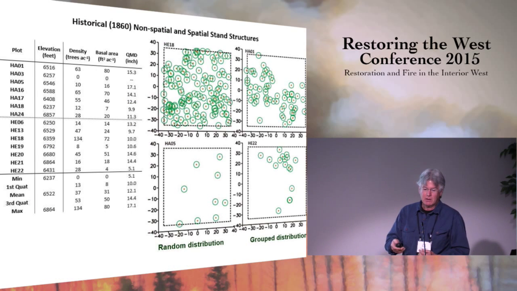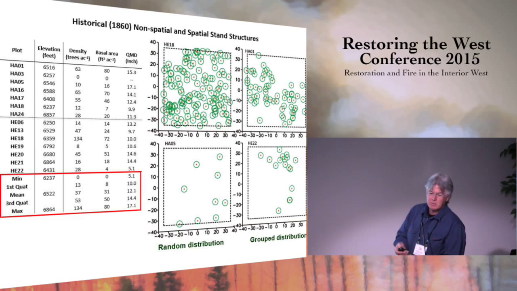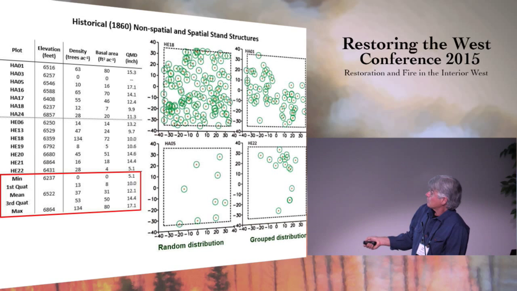Some of our non-spatial and spatial stand structures: basically in terms of spatial, about 70% of the trees were found in groups. They were in a clump of at least 2 trees. But you can see some of the numbers here. And again, what we're really focusing the managers on is not going to be so much the mean of, say, BAs of 30 square feet per acre,